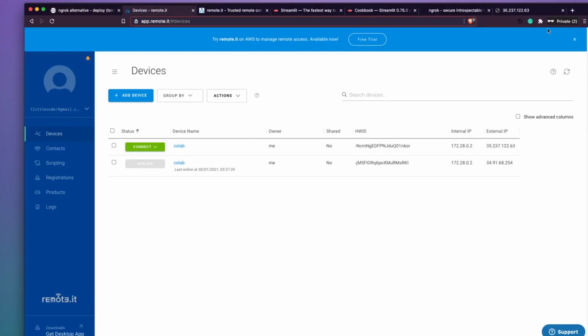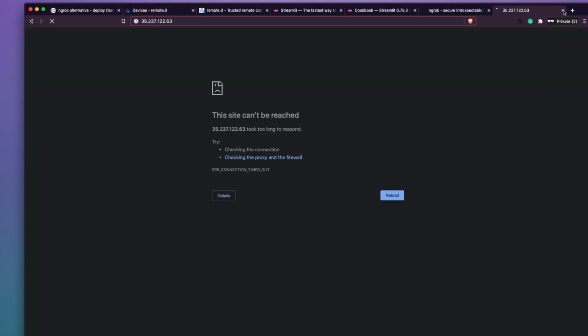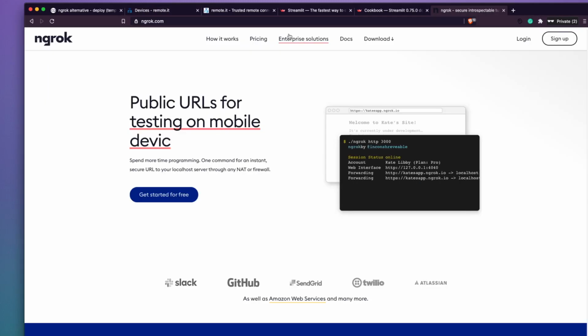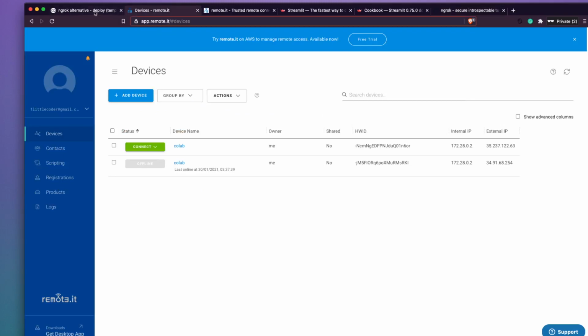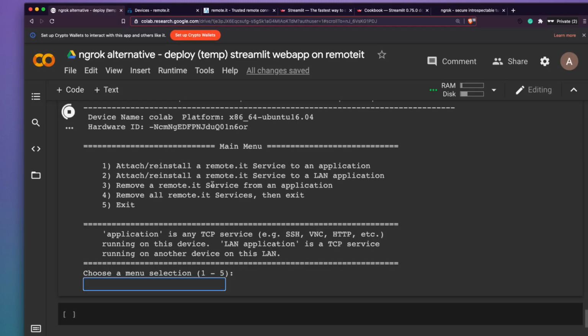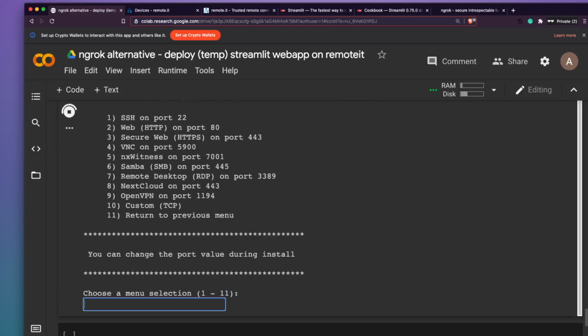Let's quickly see what the external column shows. External column shows there is nothing. It took a long time to respond. That's what it says. So let me add it. So attach. Okay, 1, 2,